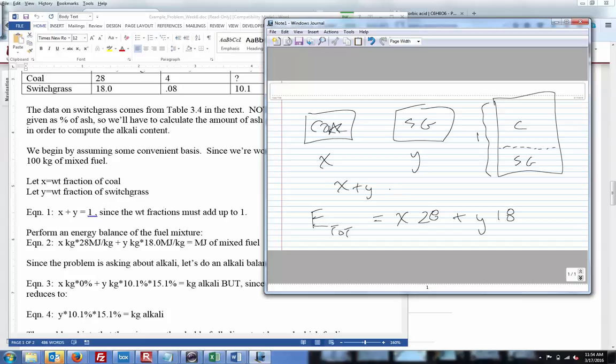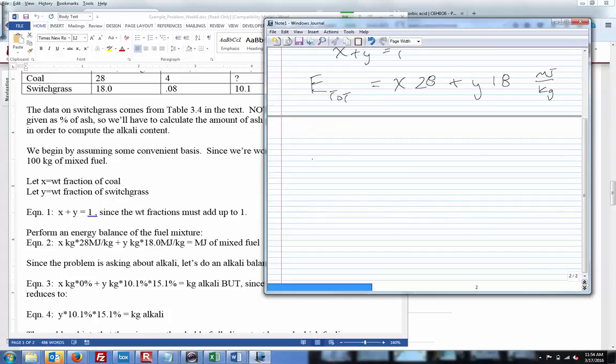So whatever I give to X, I take from Y. If Y equaled 1, I would just have 18. If X equaled 1, I'd have 28. That's my range of energy, and this is in megajoules per kilogram. Okay, and now we're looking at alkali. So let's just say alkali total equals